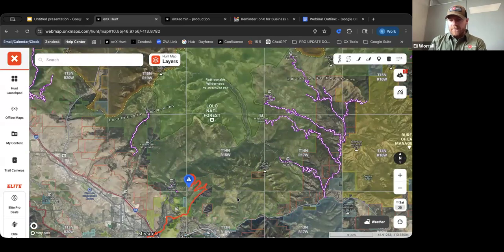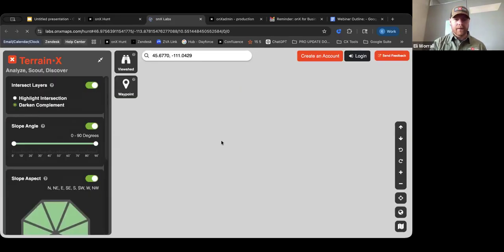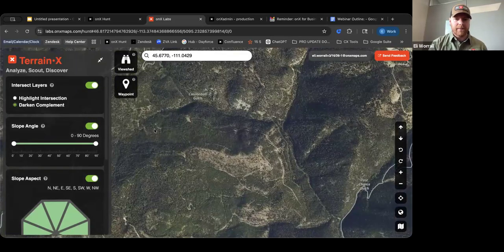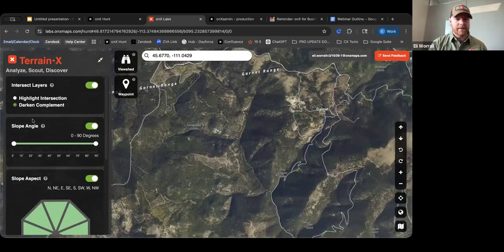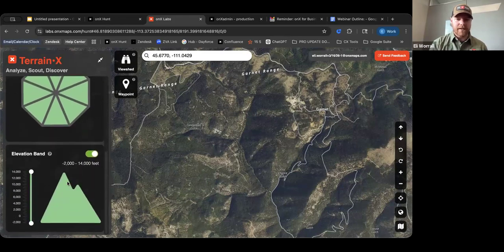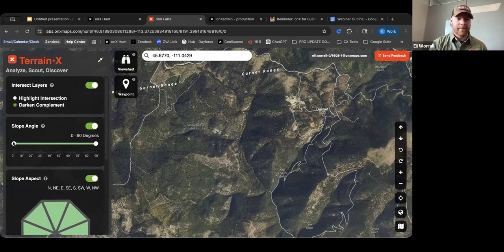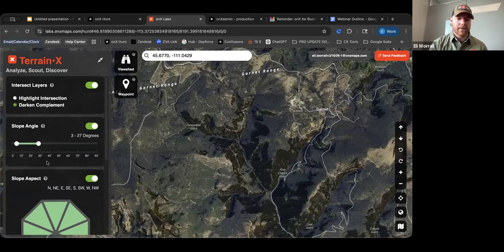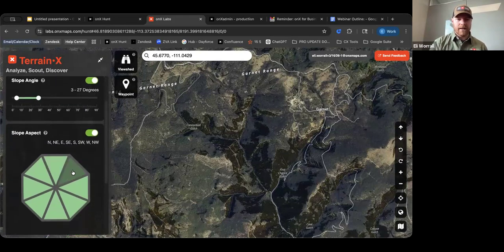All right, we're getting to it here, but I'm going to cover just a last couple of things. One of those is going to be that we have our terrain X available. This is going to be a terrain analysis tool that is going to let you filter through and have a good sense of different slope angles, slope aspects, what elevation band I might be looking at. It's just going to help highlight that. So if I know that I don't want to be hiking anything that is over 30-degree slopes, I can narrow that down. I know that the area that this person's going to be is probably not going to be in the shade, so I might have